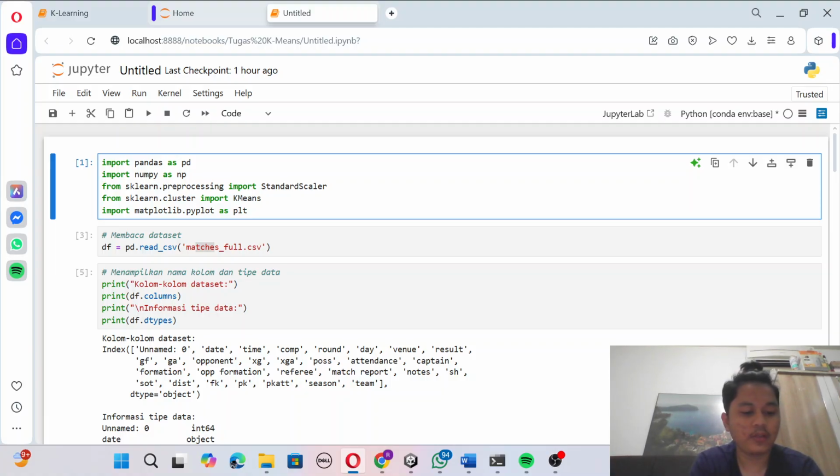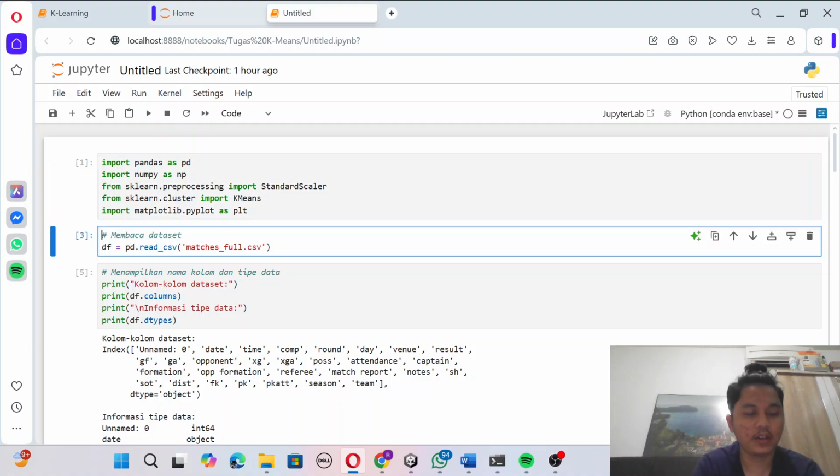NumPy is for numerical operations. Standard scaler is to scale the data. K-means to perform clustering. Matplotlib to create plots.